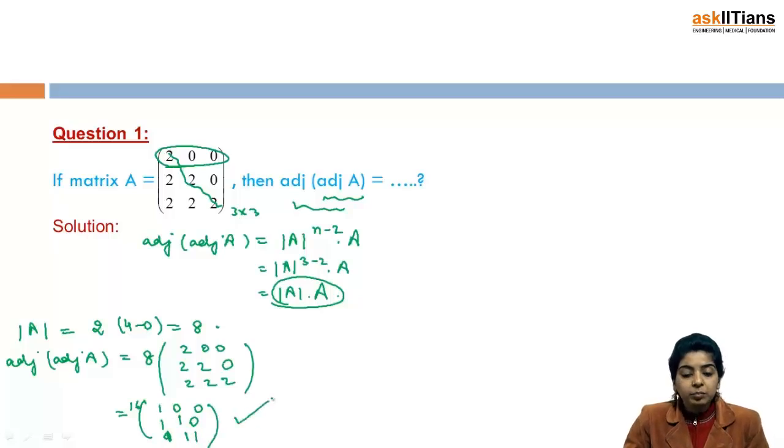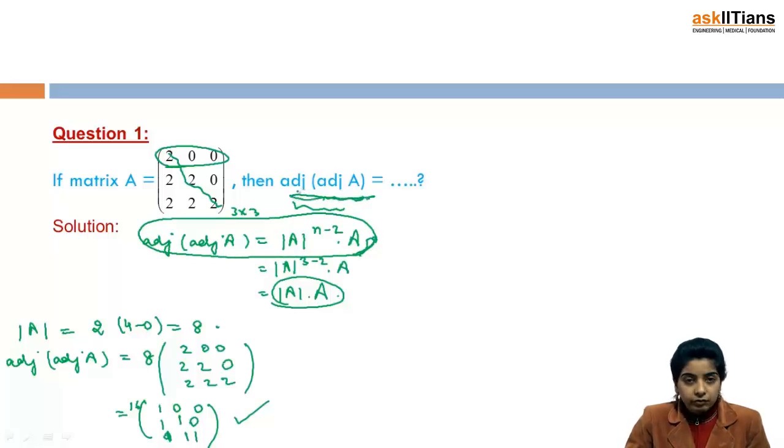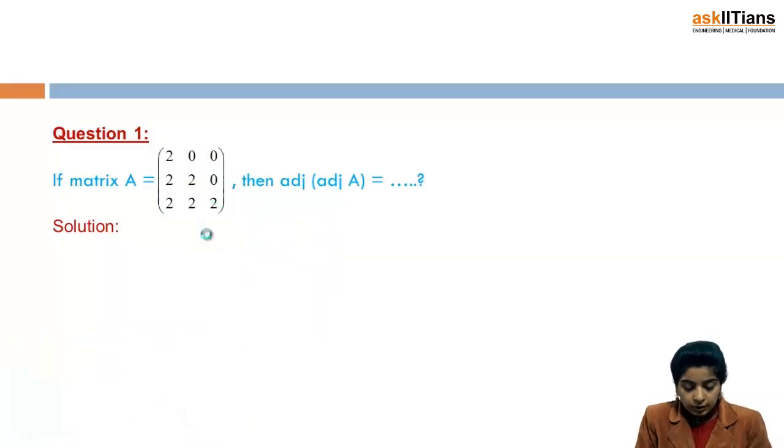So this was quite simple, provided you would have known this property. Those of you who wouldn't be knowing this property won't have been able to compute it so easily, right? They would have wasted at least a minimum of 15 minutes, whereas we have computed it within 2 minutes. So this was quite simple, I suppose.